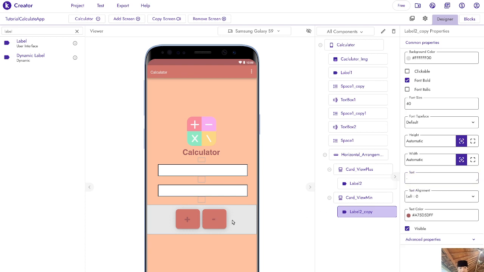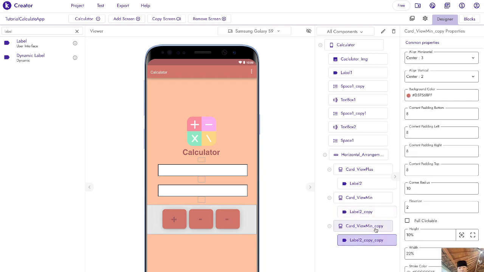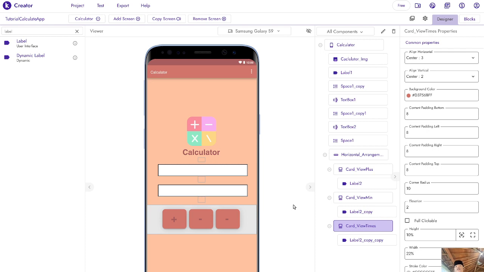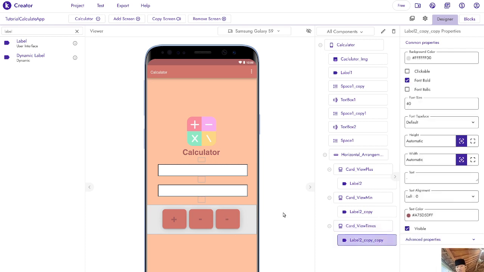Then of course duplicate again. Change the name here from curfew minus copy to be times. After we have done changing it, we're going to change the label here from minus to be x or times.